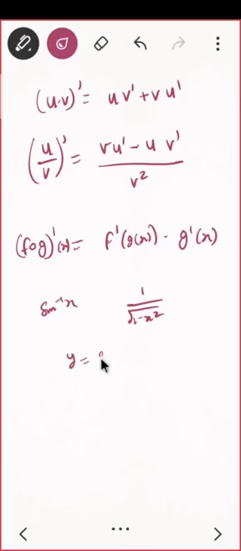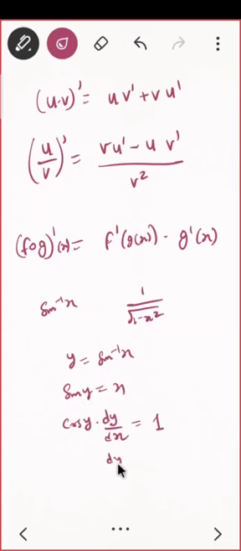See, y equal to sin inverse of x. So that means sin y equal to x. Differentiate. What is the derivative of sin y? That is cos y, but here I have y. I am not having x. I have the formula that the derivative of sin x is cos x, but I am having y. So by using the chain rule, I have to differentiate y. That is dy by dx equal to 1. So what do you see? dy by dx equal to 1 upon cos y. Can you write cos y in terms of x? That is 1 upon root of 1 minus x square. That's it. The proof is quite easy. You see?